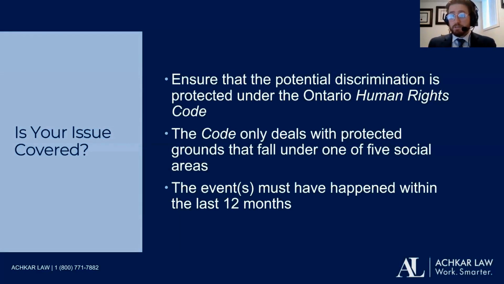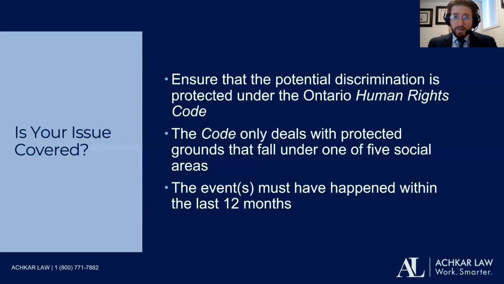Once you've determined that, then the next thing you need to know is, well, can I still bring my claim forward? Under the Ontario Human Rights Code, there is a limitation of only 12 months from the last date of incident of discrimination. Under civil claims, it's usually 2 years, but the Human Rights Code is 1 year. So if the last incident occurred 13 months ago, chances are you won't be able to seek remedy under the Ontario Human Rights Code.